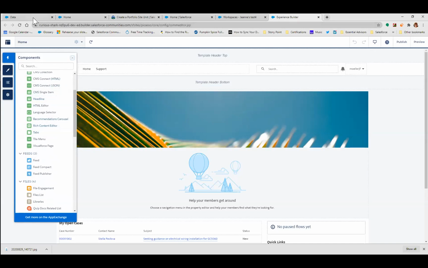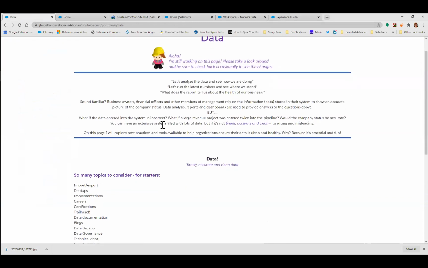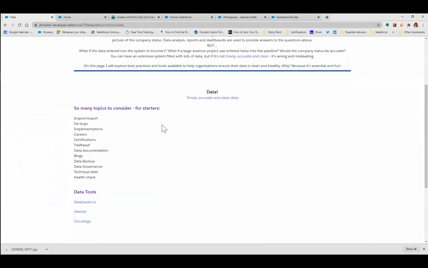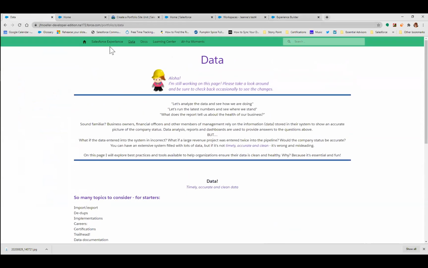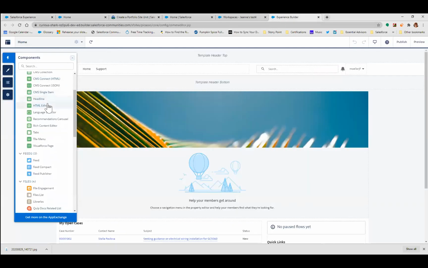Now, because my website is almost all text, pretty much every page, it's all text, that's what I really used. I used the rich content editor to build mine. When you get into doing,